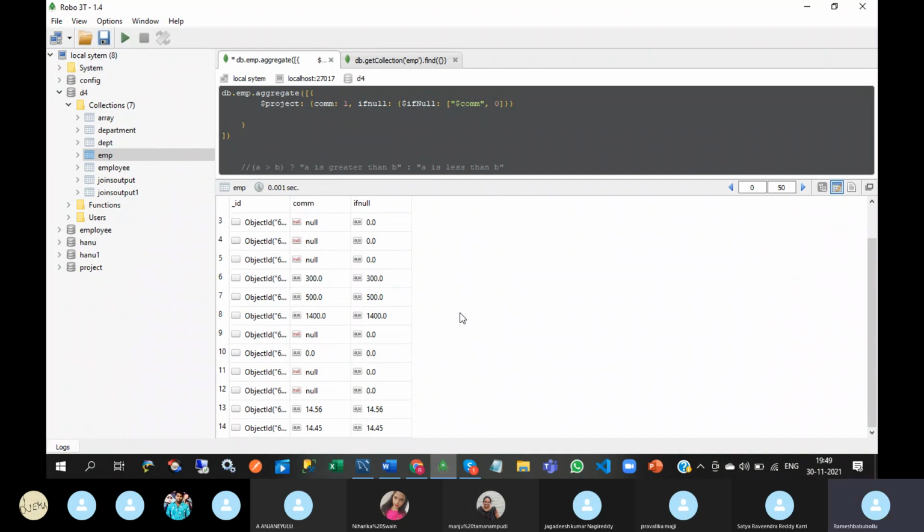When it finds an expression which evaluates to true, switch executes a specified expression and breaks out of the control flow. Once the condition is satisfied, it will not go to another case. So for this, take the department DPT collection.